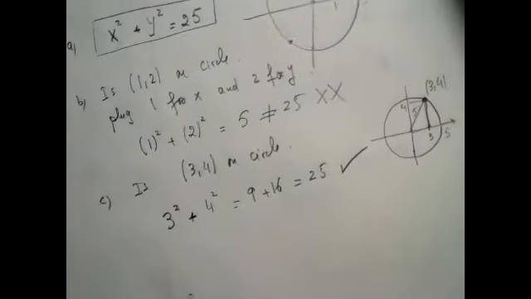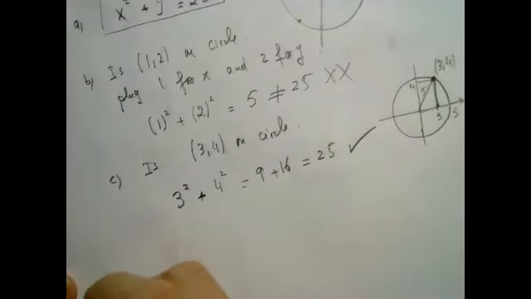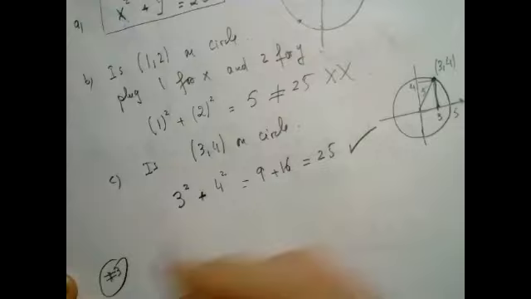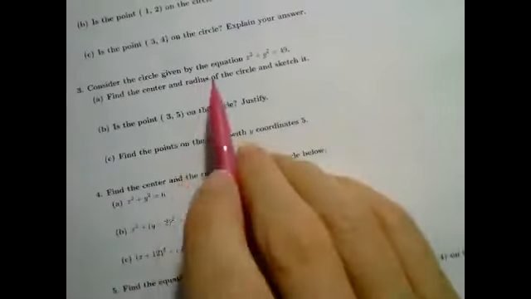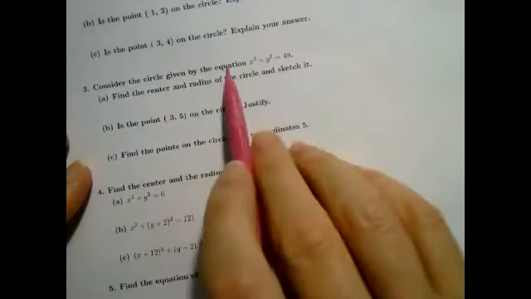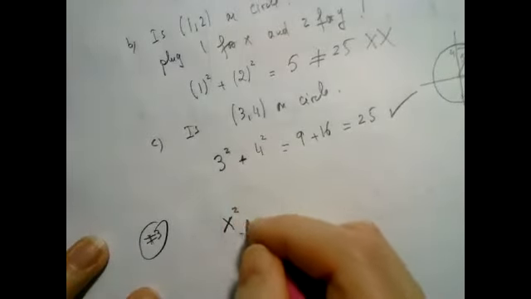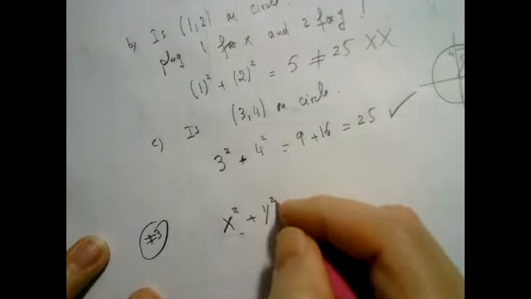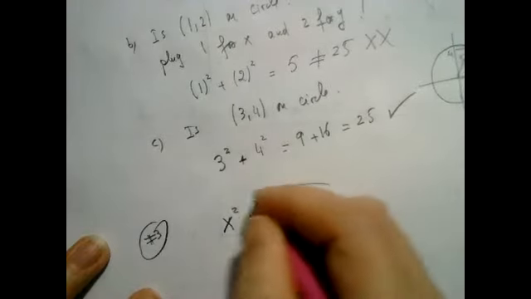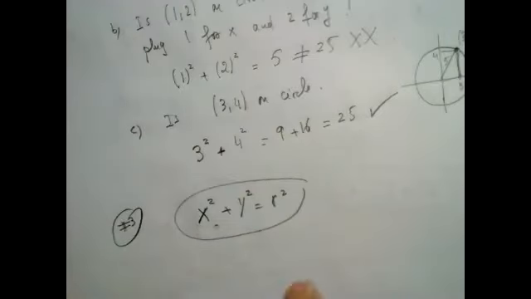All right, now I'm going to do number 3 with you again. Okay, number 3 is the following. Let us consider the circle given by the equation. As far as you are concerned, every time you see an equation of the form x squared plus y squared equal r squared,